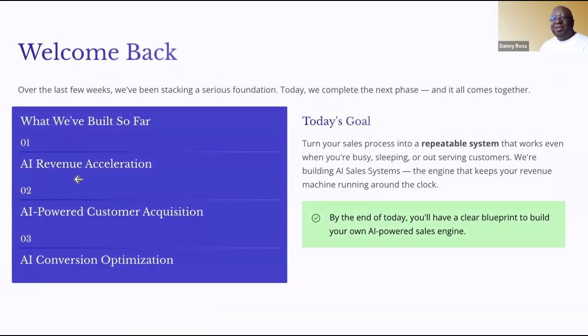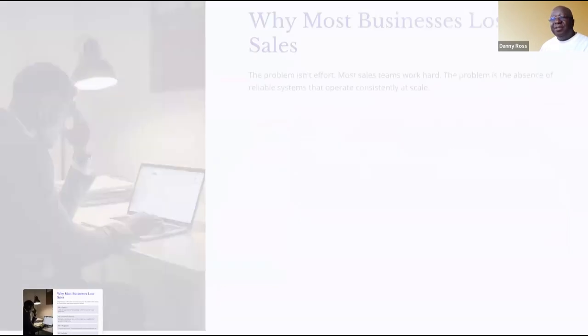All right. So what we've built is the revenue acceleration, power customer acquisition, and AI conversion. That's what we just finished, that deck. And so now we're kind of picking up where we left off with the whole repeatable system of building out these AI systems.